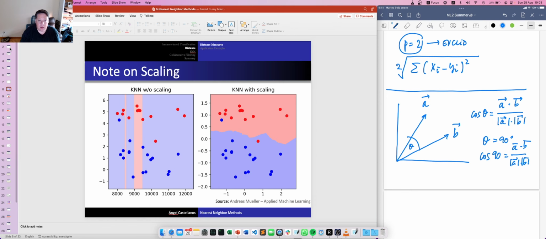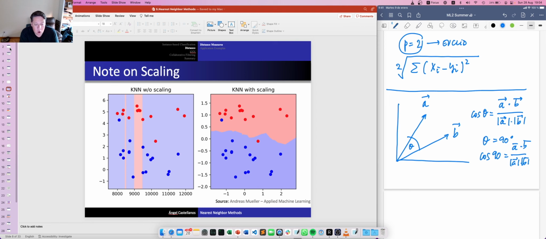They might have different lengths, but the line in which they lie is the same. So let's take an extra step on when using KNN with or without scaling. If you remember from our previous classes, we learned that for algorithms that depend on distance calculation, scaling the variables is crucial, because otherwise we might find ourselves in a situation like the one you can see here,